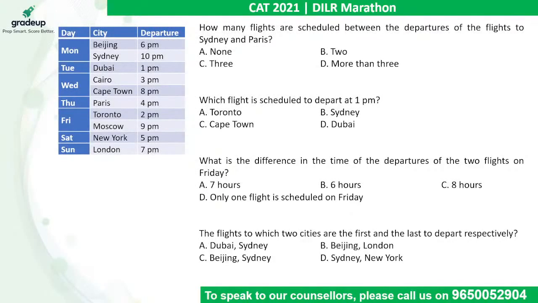So the first question says, how many flights are scheduled between the departures of flights to Sydney and Paris? Answer this. So we have